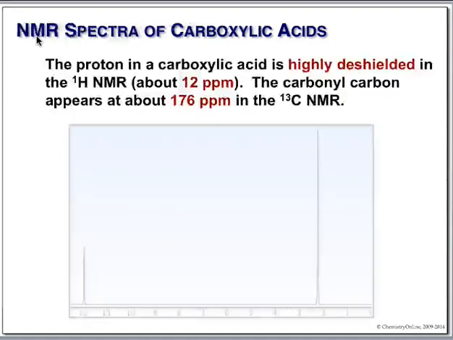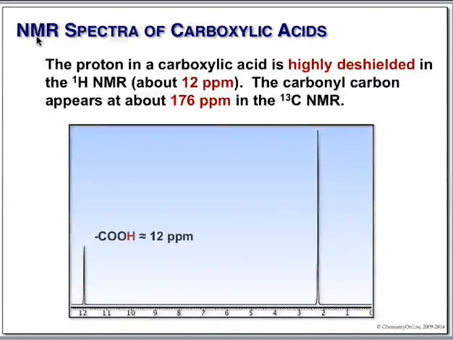NMR is much different. In the proton NMR, the carboxylic acid proton is the most highly deshielded. Aldehydes come about 10 parts per million. The carboxylic acid proton is a singlet at about 12. Very characteristic. Nothing else comes down this far. Something like a methyl group attached to a carbonyl carbon shows nothing unusual in the 2 to 3